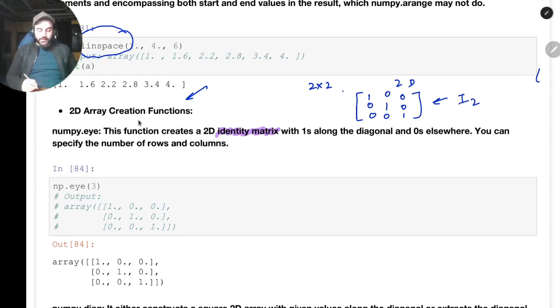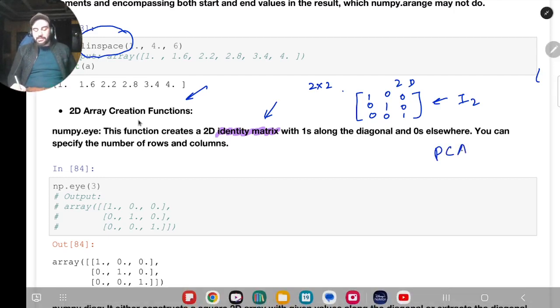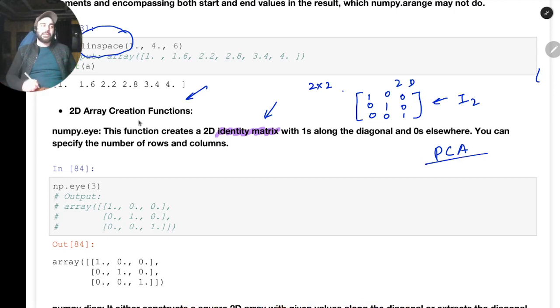Okay, so this is an identity matrix. And in linear algebra, identity matrices are used a lot, and we'll use linear algebra for our machine learning algorithms. For example, in principal component analysis, the main algorithm is a linear algebra algorithm. If you want to compute eigenvalues, eigenvectors, stuff like that, these matrices are really important there. So if you want to create an identity matrix, there is a function